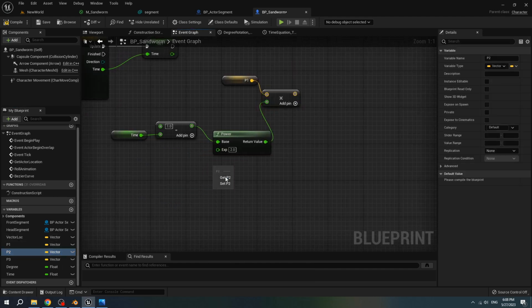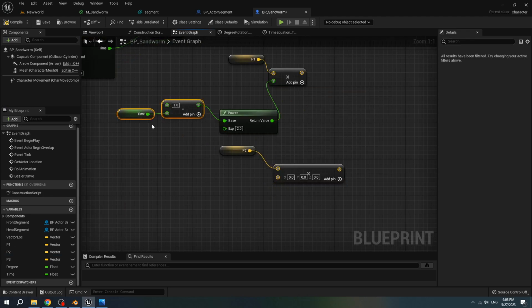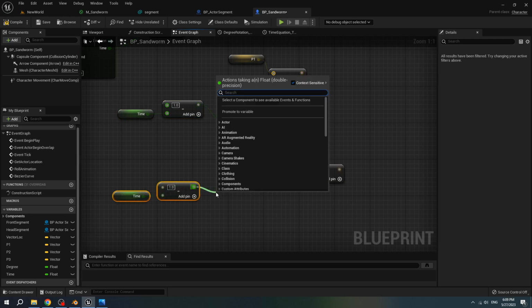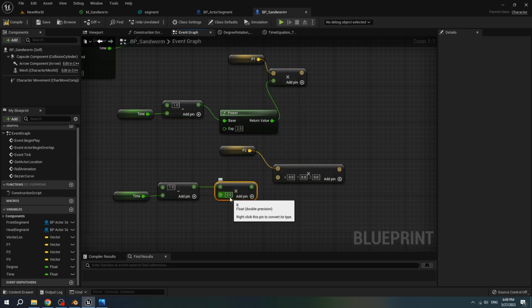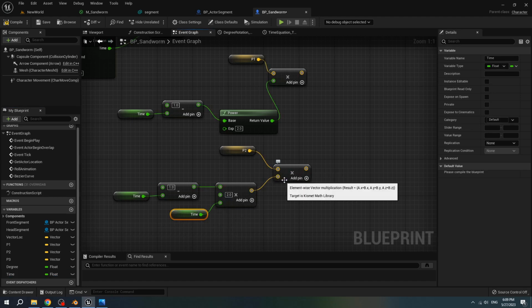Get P2, multiply, copy this 1 minus time, multiply it with 2, add pin, and multiply it with the time again. Connect it to the vector.